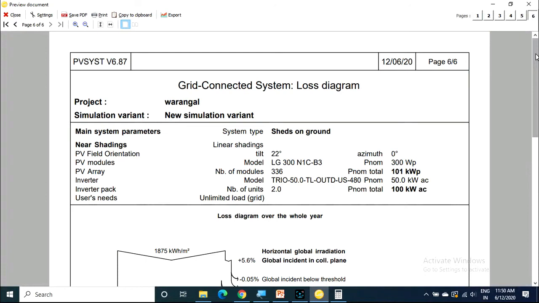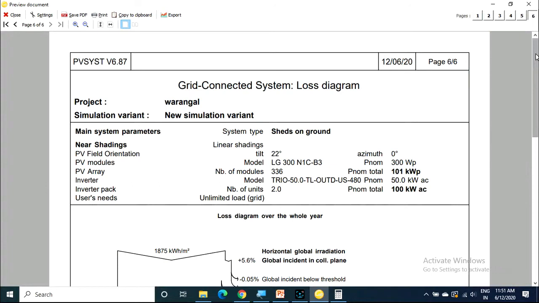I think this is actually yesterday's session. So today I explained this, because due to some interruptions we had completed only up to 50%. Now we have completed this 100 kilowatt design.